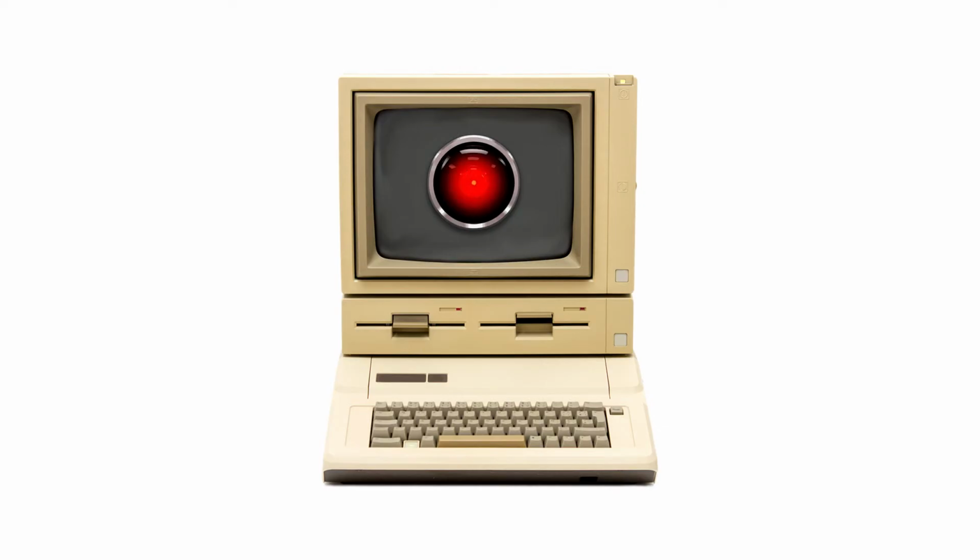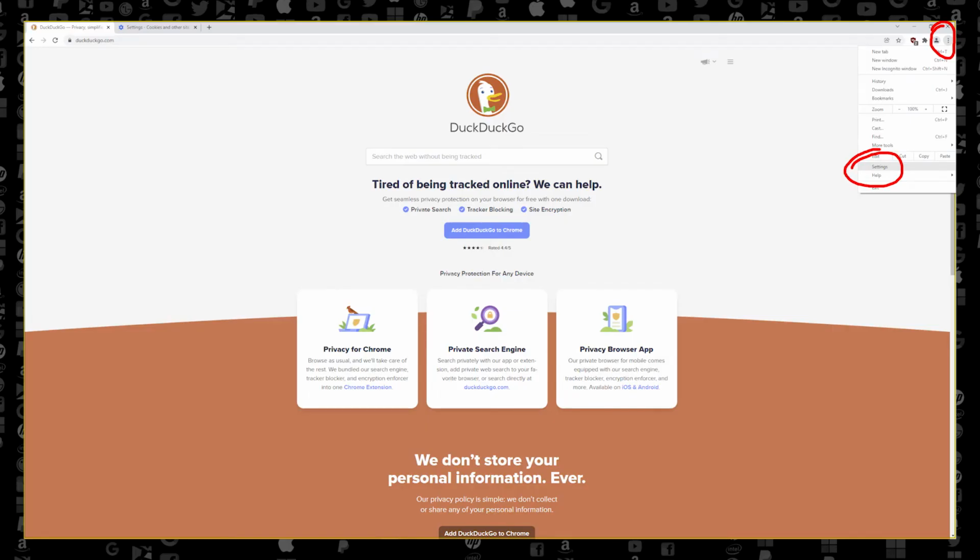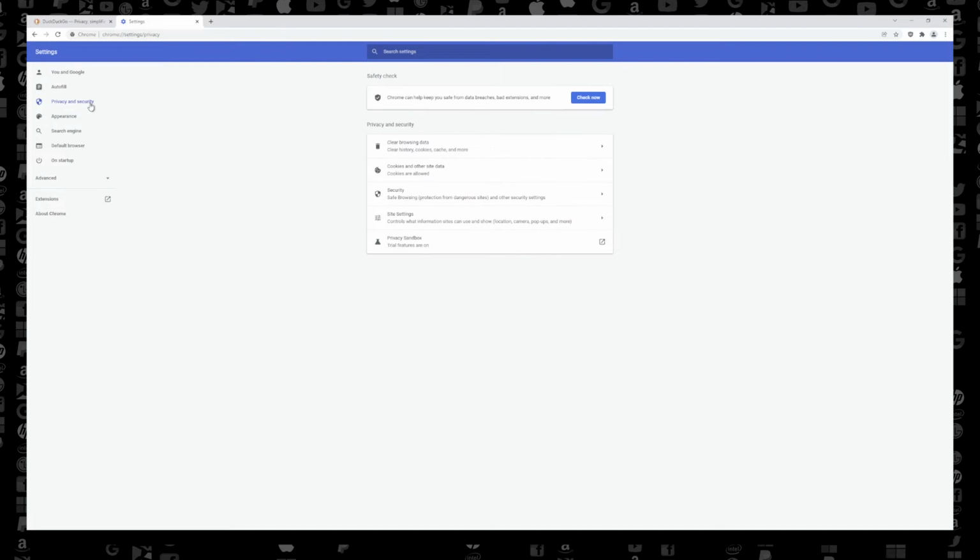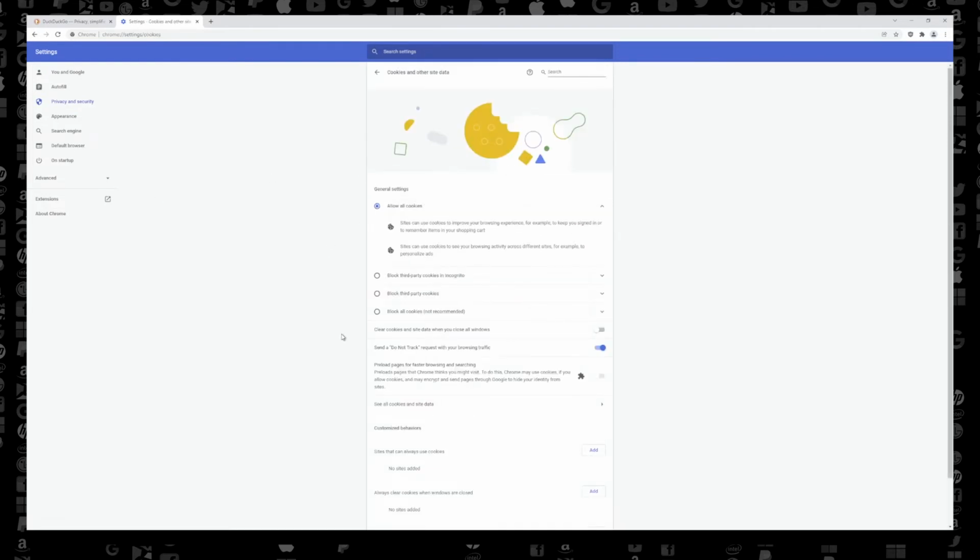Those two extensions will block the vast majority of tracking cookies, as well as annoying ads that make the internet absolutely intolerable.